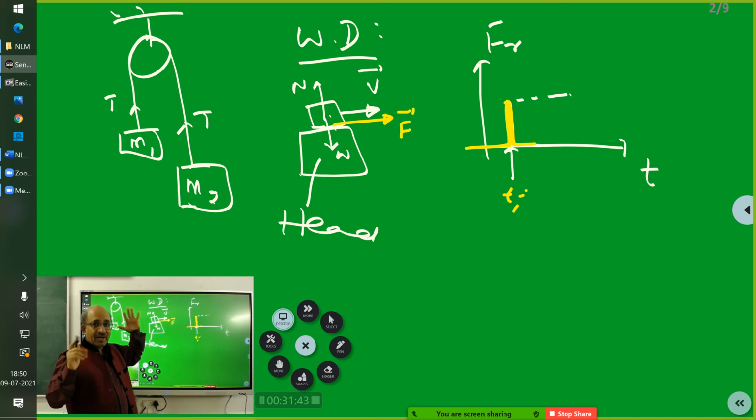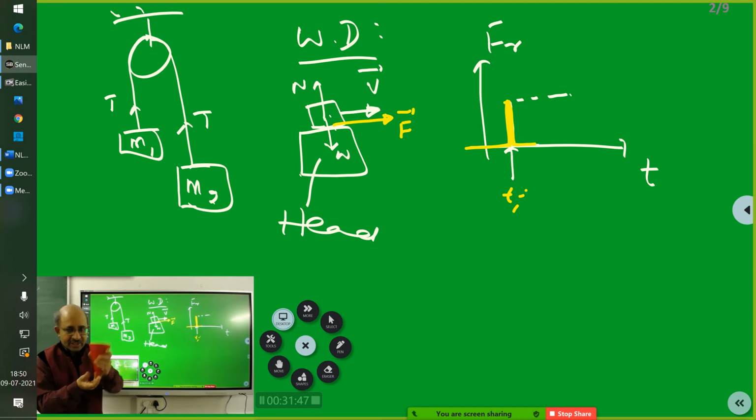Alright, so the frictional force was there at that instant, afterwards it vanished. But the body and my head, see, supposing this is head and this is body, and they continue to move with the same velocity. That means there is no relative motion between them. Relative motion will be there when the velocities are different. Is that clear? So, therefore, afterwards there is no friction. That is another way of putting it across.